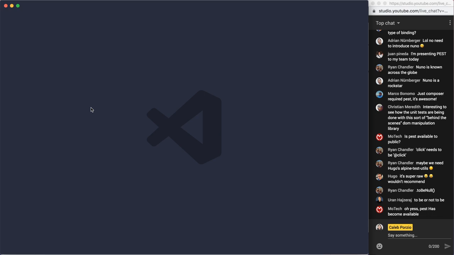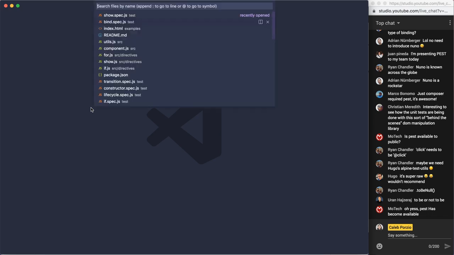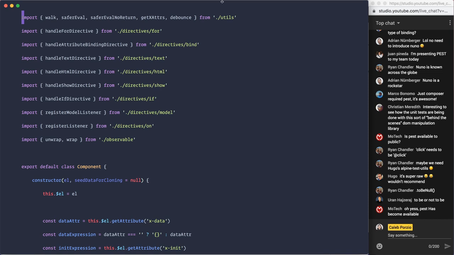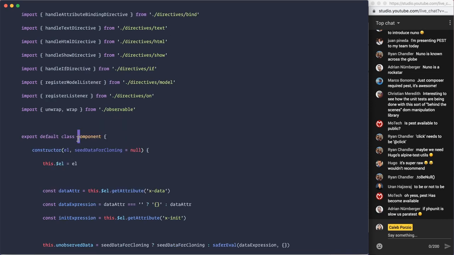Okay, so it's time to do something. Let's start with a little tour of where we would actually add this, where I would first think to add this. Inside of utils, well, you know what? Let's go inside of component. The component's the main JavaScript file of Alpine. Each component is an instance of a class called component, and this,